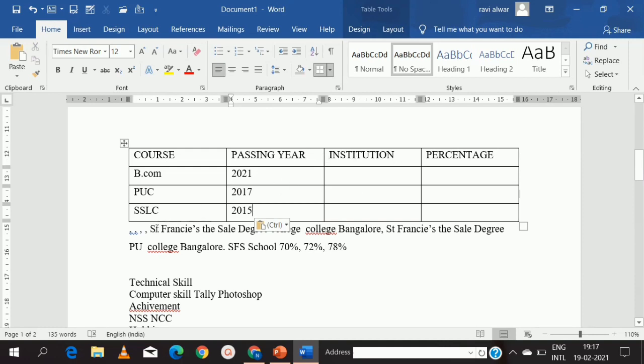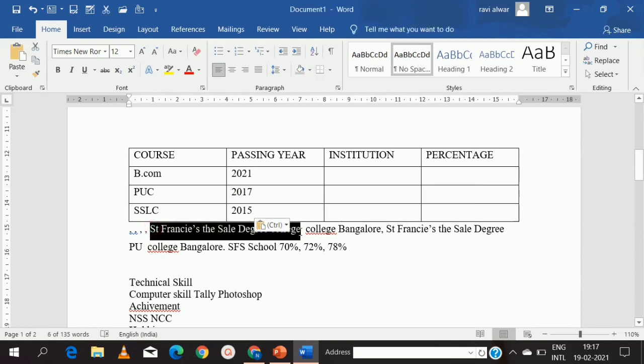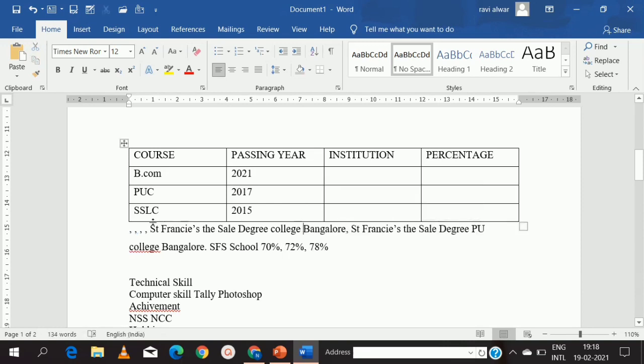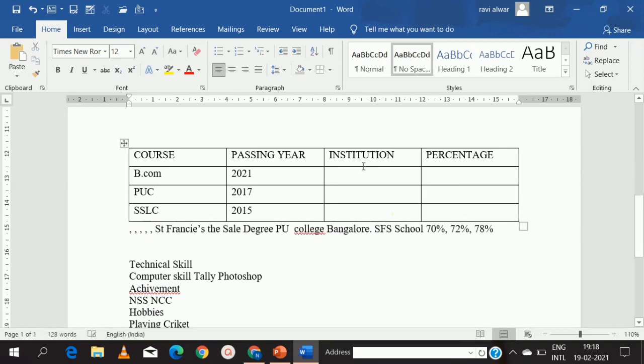So next I want to enter the college institution name. So I'm going to select the text which is given here. Cut and paste.